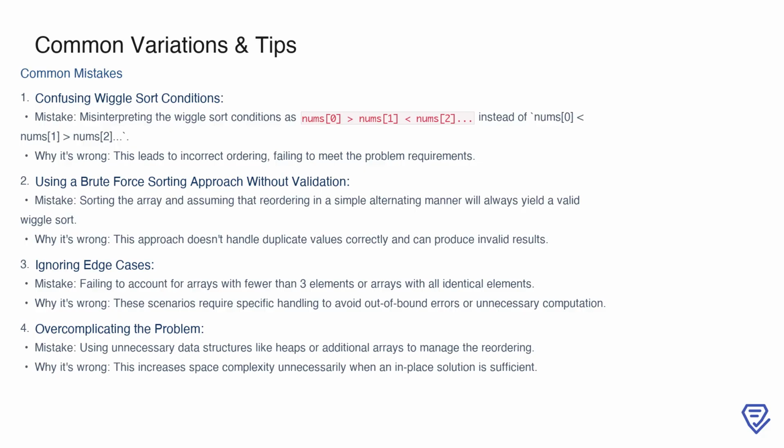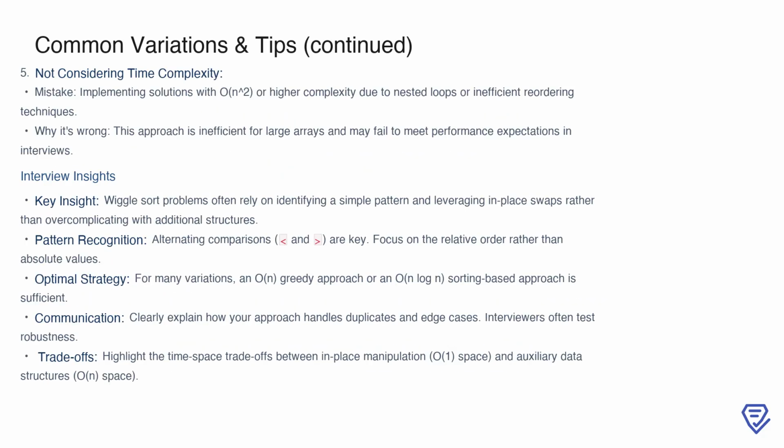Lastly, adding unnecessary complexity by using data structures like heaps or auxiliary arrays may seem like a good idea, but it bloats the space complexity unnecessarily. A more efficient in-place solution is usually sufficient and preferred. Another pitfall to avoid is neglecting time complexity. Solutions with O(n²) complexity, like those involving nested loops or inefficient reordering, are too slow for large arrays and won't